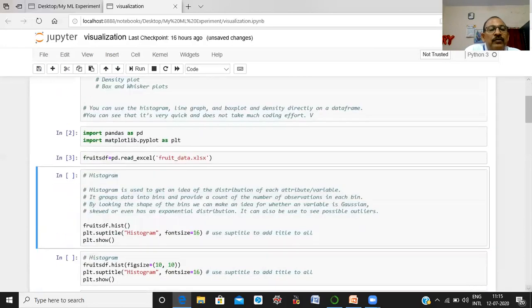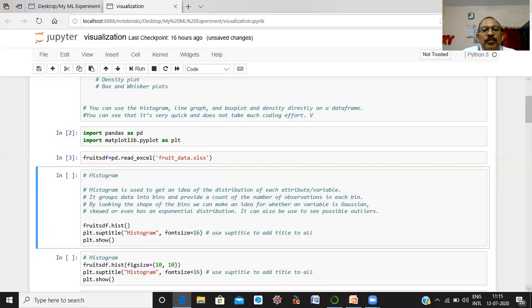Now we are going to the first plotting function, that is the histogram. The histogram is used to get an idea of the distribution of each attribute and variable in our data set. Actually, it groups data into bins and provides a count of the number of observations in each bin.